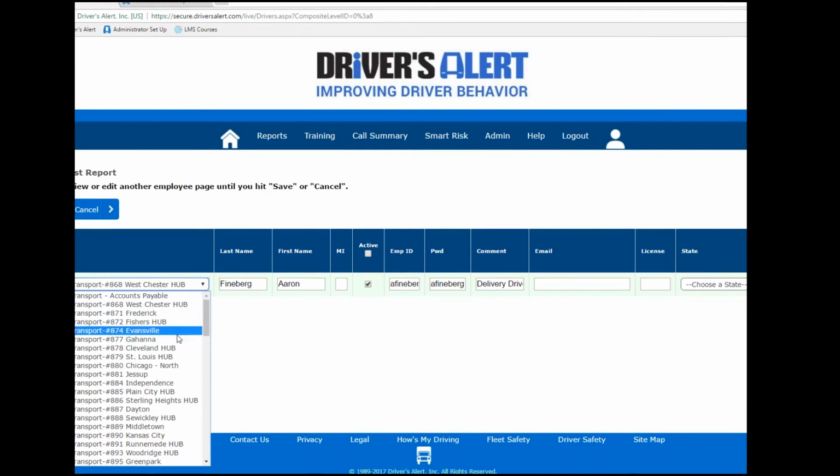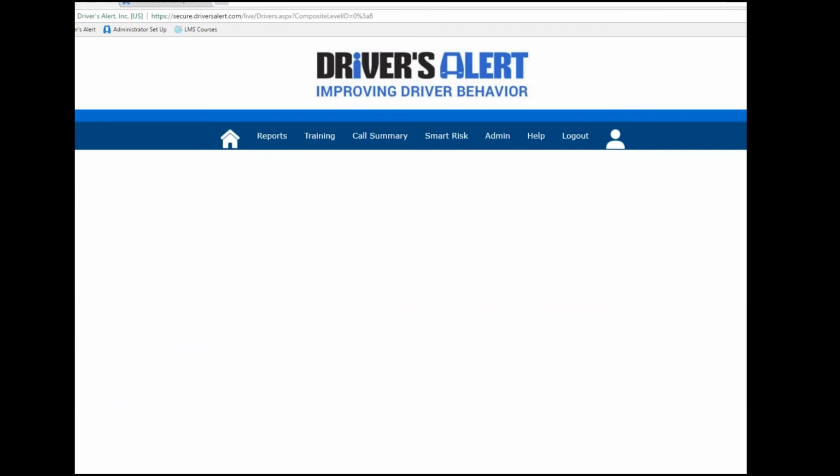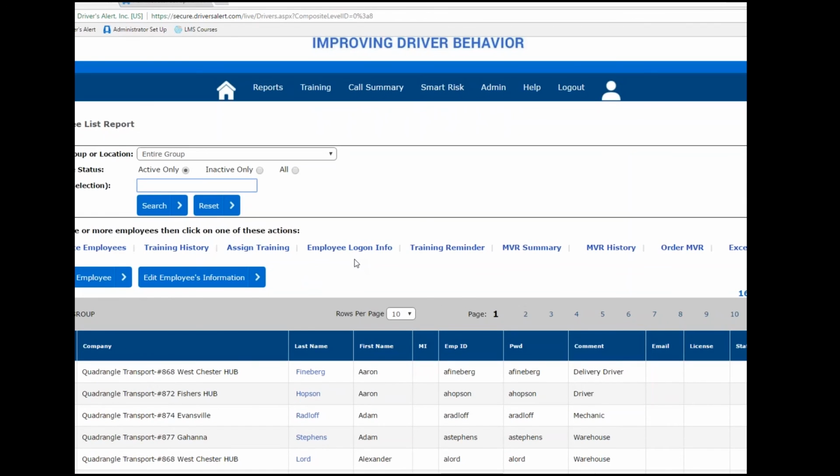So if they move to a different location, you can do that as well. You can also deactivate them by unchecking the active box here. Once you've made your changes, you want to click Save. And once these employees are added here, when a manager gets a call report, he'll be able to pick from